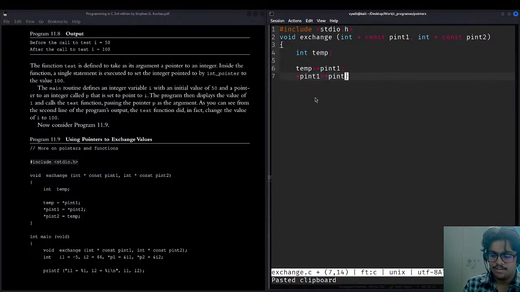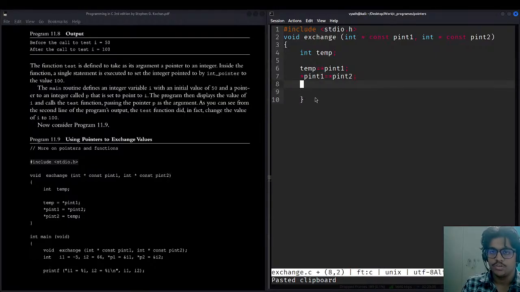The same thing we have done, I think this was covered in the exchange part in the functions, I guess. Part 5, it is covered in part 5 how we have done this. And now p int 2 is temp, so pointer 2 is temp.